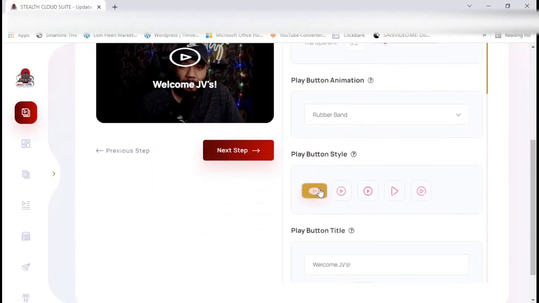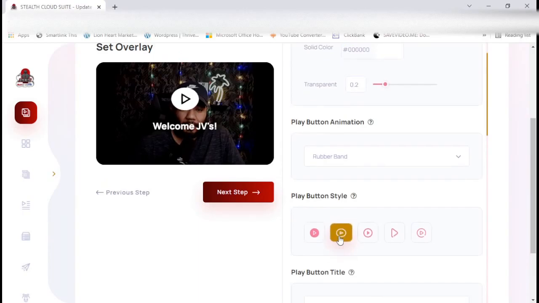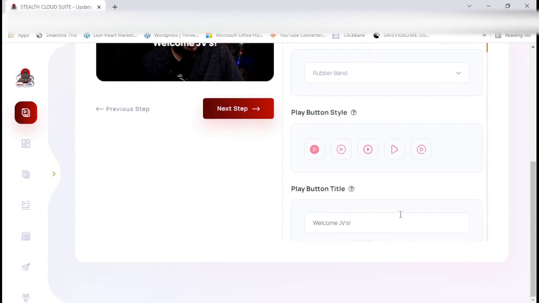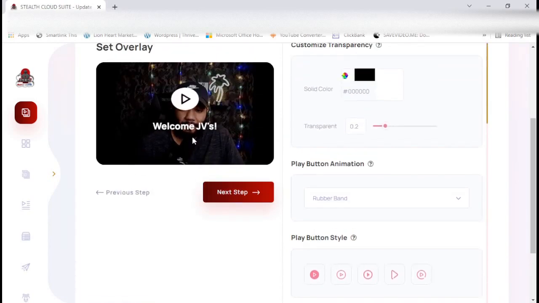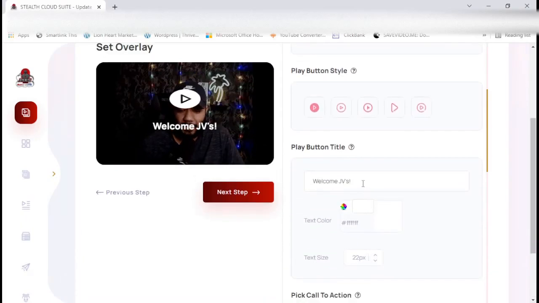So then you could also choose custom button styles as well. Like I currently have this one, you could choose either one to your liking. I currently have that one. I'll just leave this one for this purpose. And of course you can title your play button, sorry, your thumbnail, to whatever you want. Like right here, I said welcome JVs, and we can just type watch